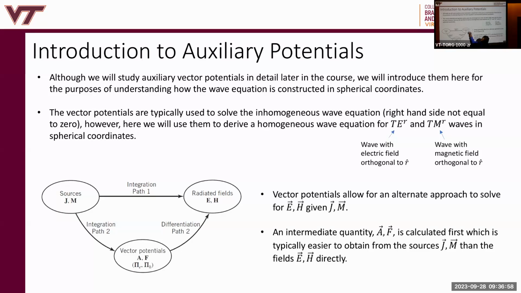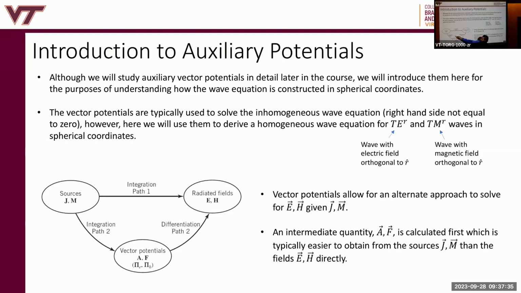So here's a little diagram taken from your book, which kind of illustrates what we're trying to do here. We have sources, J and M, right? That's what we're given whenever we want to solve an electromagnetics problem. We have sources J, electric current density, and M, magnetic current density. You can either integrate these directly to get the radiated E and H fields. That's what it means to solve an electromagnetics problem, is to obtain E and H everywhere, right? Maxwell's equations are differential equations, which have functions as solutions, and they're differential equations in terms of E and H, right? So if you solve that differential equation pair that are coupled, then you get E and H. Those are the solutions to Maxwell's equations.